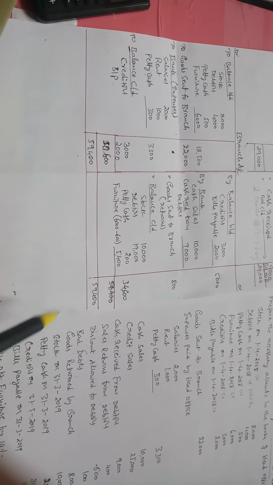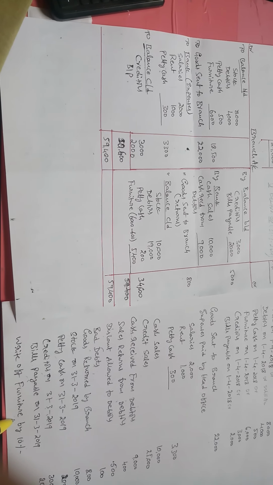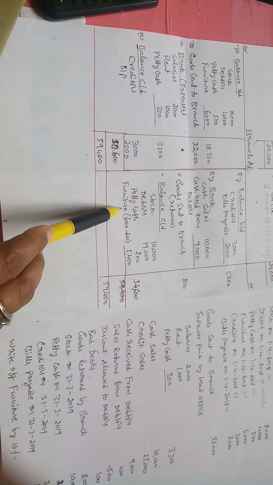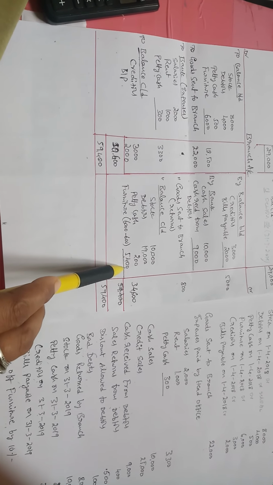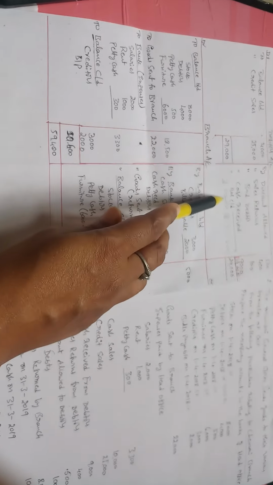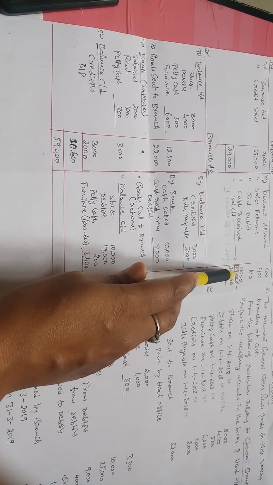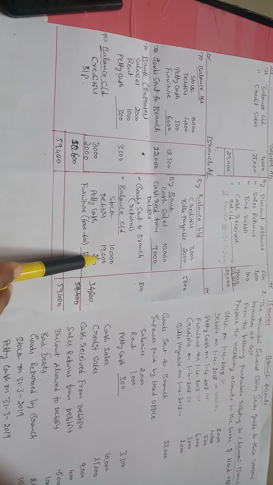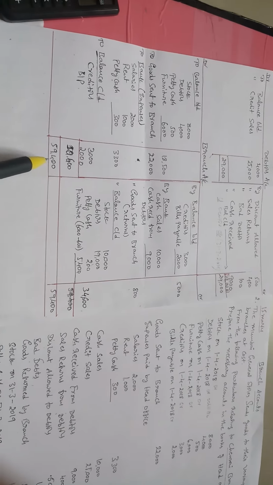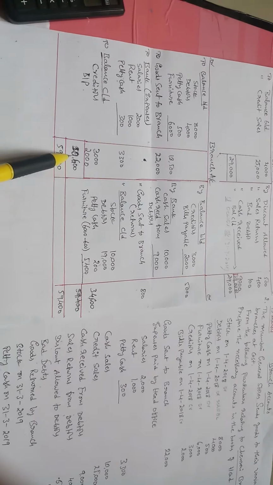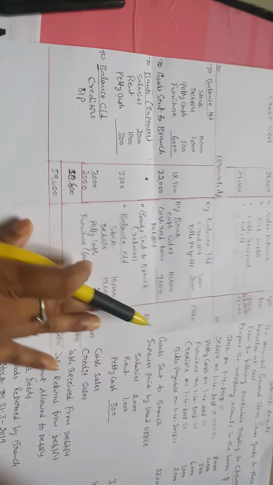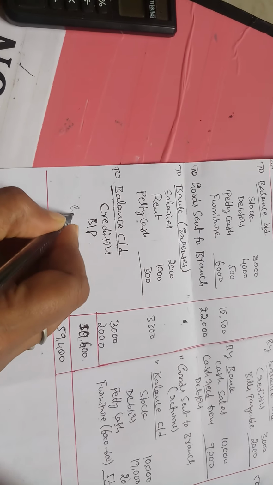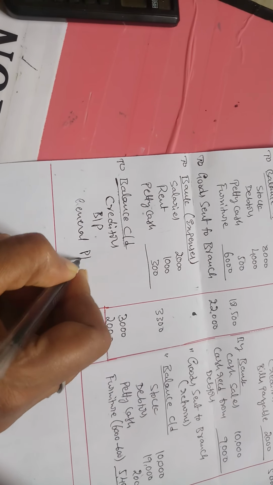So one more is there. There is a furniture 10%. Already I told you there is a closing furniture. So minus 5,400. One more thing. Here balance carried on, we got 19,000. This 19,000 is the closing debtors. So that's why we are taking the closing debtors 19,000 rupees. So total 59,400. So this 10,600 is the transfer to general P&L account. General P&L account. Thank you.